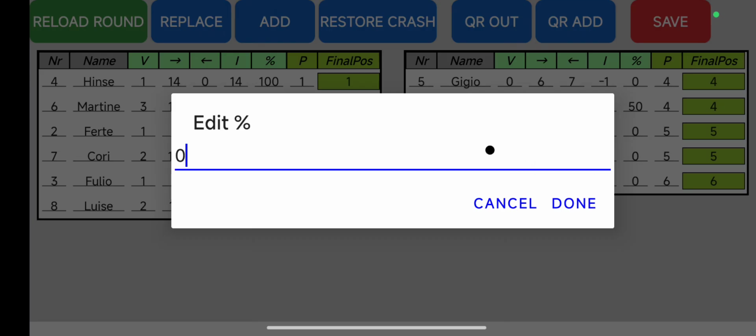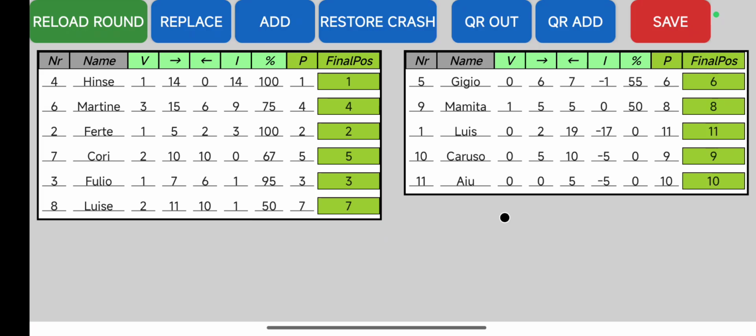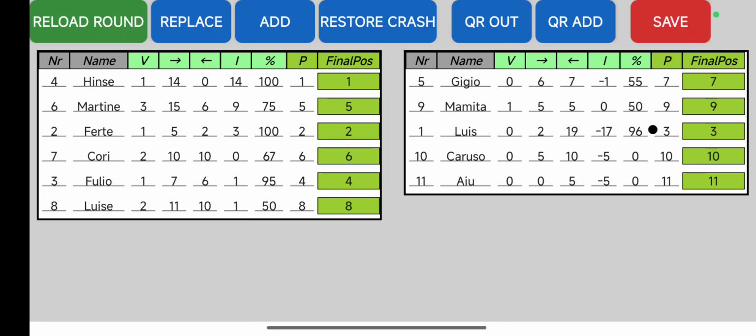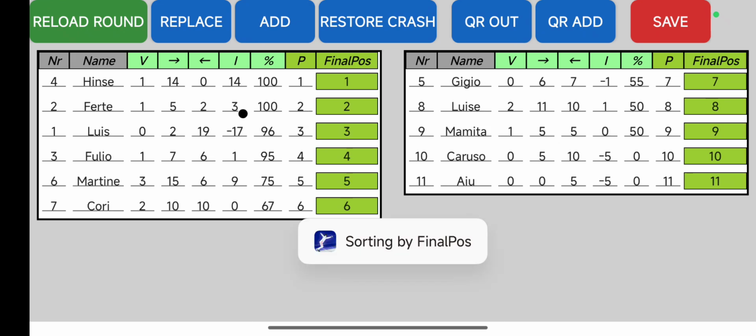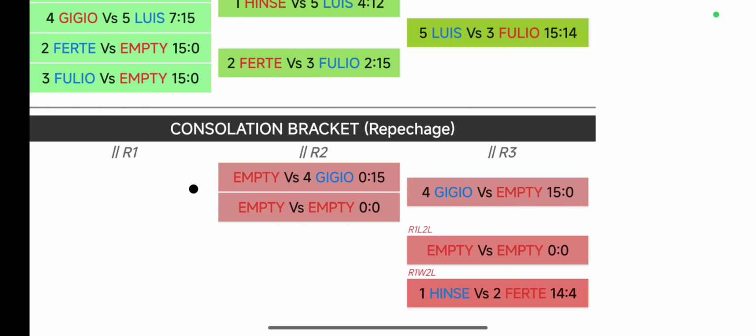So, but this seems wrong, so probably I have to still check some. I know it's the final position before. So I here maybe have to do some debug on these calculations. So now, yeah, okay, no, that was okay, it was not ordered yet. So, that's it. And now we have 11 participants, and if I go to the next